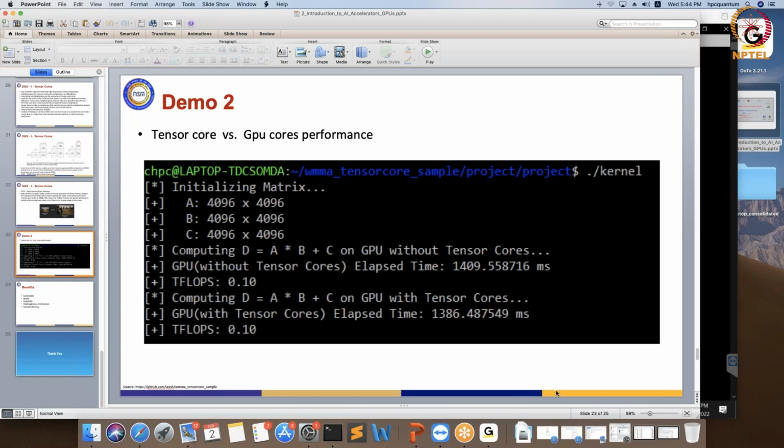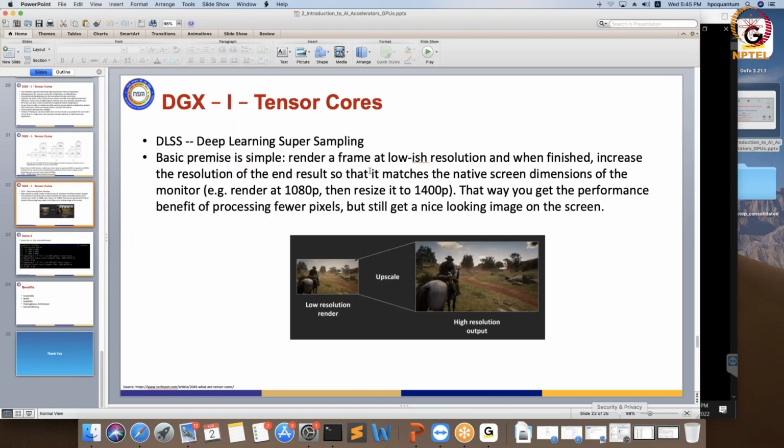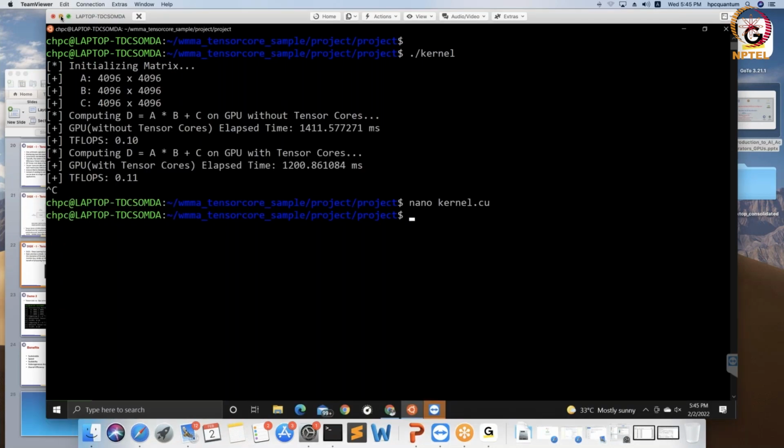We'll try to actually execute a lot of programs, and then from the benefits point of view, sustainability is one thing, the speed is another thing, scalability, heterogeneous architecture you could utilize, then the overall efficiency improves. So these are certain specific benefits of trying to go in for GPU programming. And then yes, so we can actually see some more things in 1 minute. Let me,